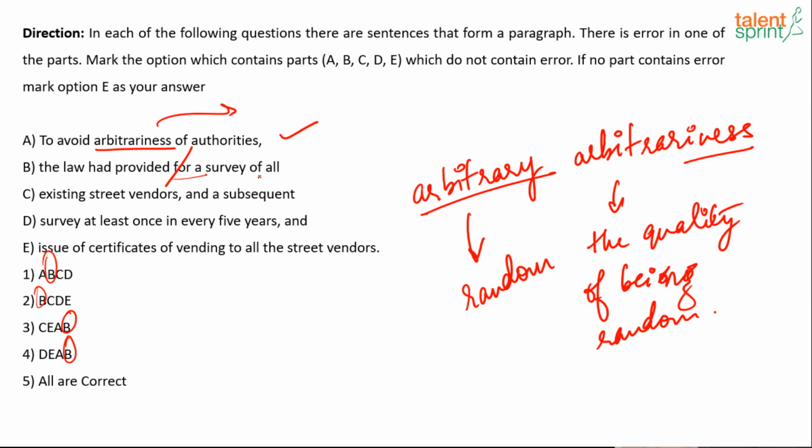Okay, so it might have just been accidentally added. Provided for a survey, it should be the law had provided a survey of all existing. After that, existing street vendors and a subsequent, that is also fine, survey